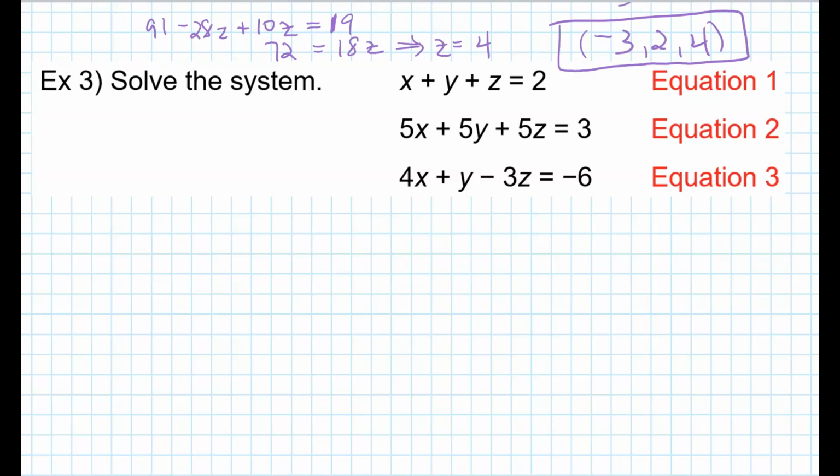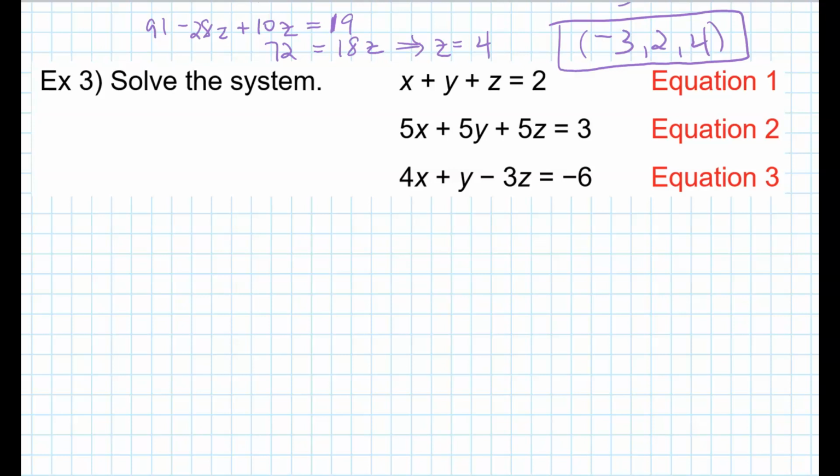Does anybody see anything else that stands out to you, though? Equation 1, doesn't that have any like valid coefficient? Except what is the coefficient? It's actually 1. And it's 1, 1, 1. Do you see it now? I think that you can multiply equation 1 by negative 5, and then you add. Yes, right. Pay attention to things like that, because you could have spent a lot of time eliminating